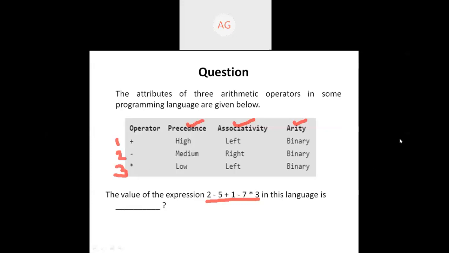Okay. So time's up. So 9 is the right answer. So all of you evaluated correctly. So this is the question which was asked in the GATE exam. So it is based on the operator precedence parser. Just remember the concept we studied in the operator precedence parser. So this type of question can be easily solved by you. So let's move to the next slide.